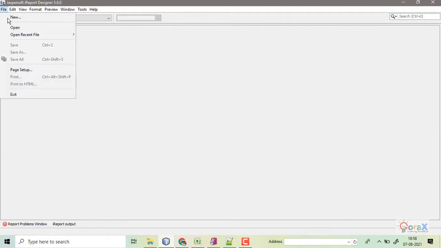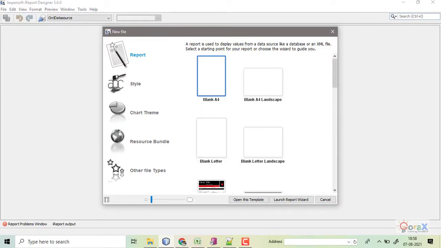So let's start. Just create an empty template first of all. For that we will select the blank A4 size template, which is equivalent to our A4 size page. Based on requirement, we can select multiple templates also. If there are too many rows inside your report, then you need to print the report on a horizontal A4 page. In that case, we will take the blank A4 size landscape template. Right now we will go with the blank A4 size.